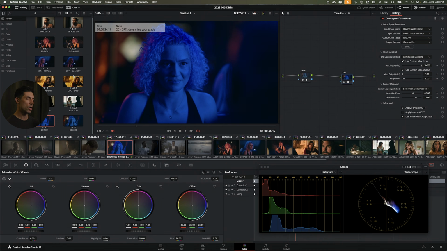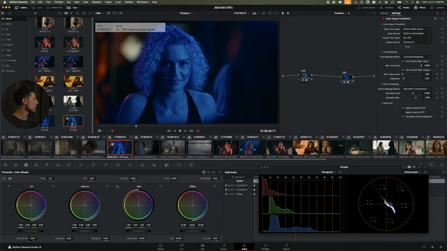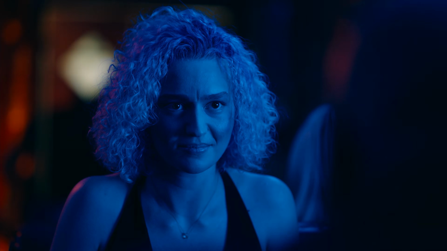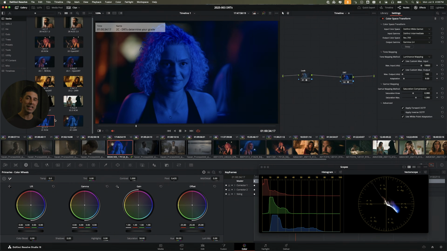We're going to look back at Resolve Color Management here, and we are going to compare it to another DRT called 2499. First of all, just as another illustration of the significance of a DRT, look at the difference between these renderings. These are very different pictures, right? It's not just a question of like, oh, there's a bit more contrast or it's a bit more saturated or whatever. It's completely different renderings of the image, right? Again, you can't exactly say either is dead wrong. It's just a question of what is being prioritized in which and which one you prefer for your particular image,